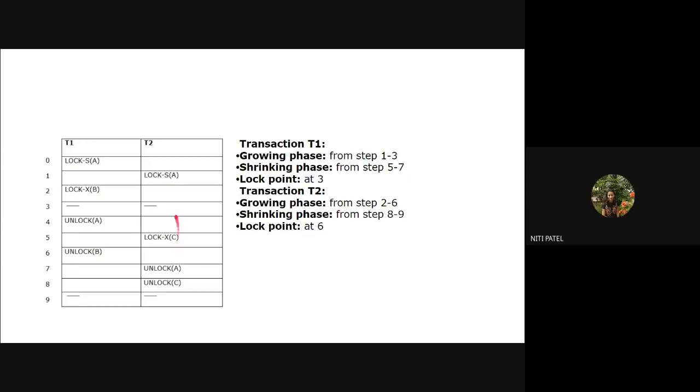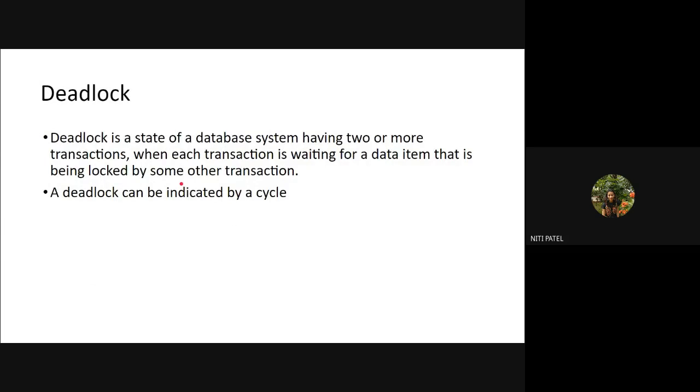Now, if I compare both the transactions, I have a lock on A in both. How is this possible? Because it is a shared lock. Correct, because the lock acquired on both the data items is shared, lock S(A), lock S(A). So sharing on the data item is allowed. Therefore, both transactions are granted the data item A. Understood up till here? Two-phase locking protocol.